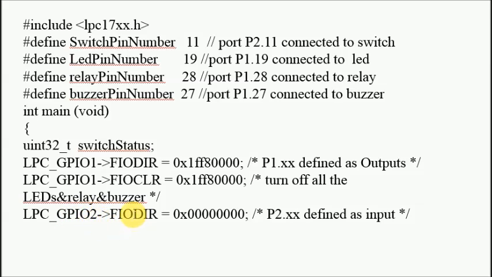So port 2, now what we have to do here, we have to control the direction. So for controlling the direction, I am writing 0 to the port 2. In this case, when I write 0, it means that it will configure as input. Now the whole port 2 is configured as input. Now first we have to define the directions, whether it is input or output.